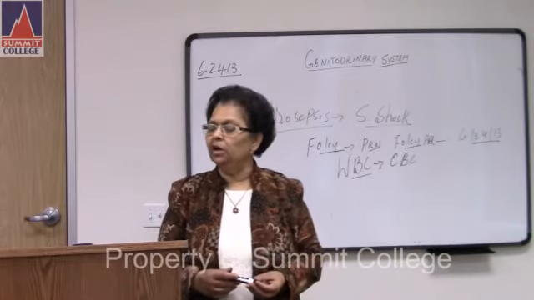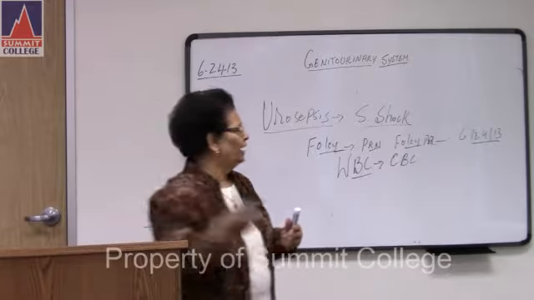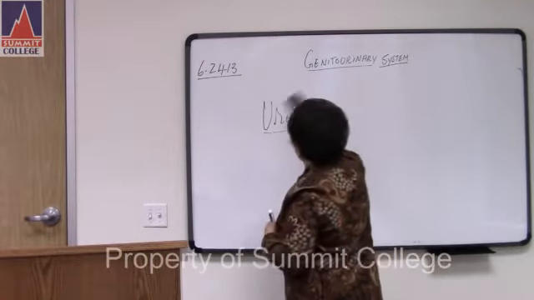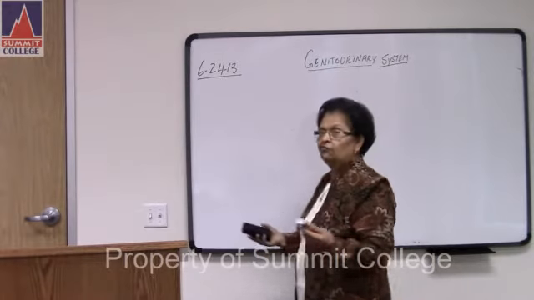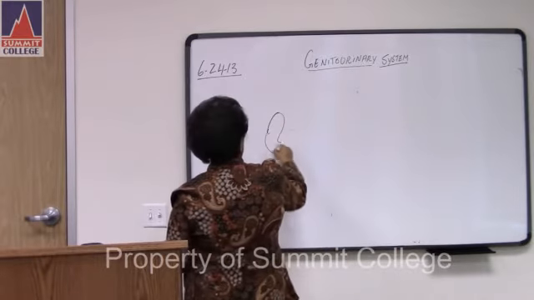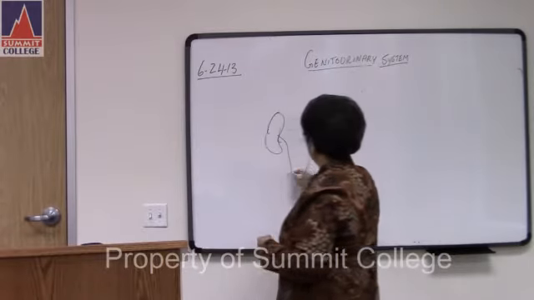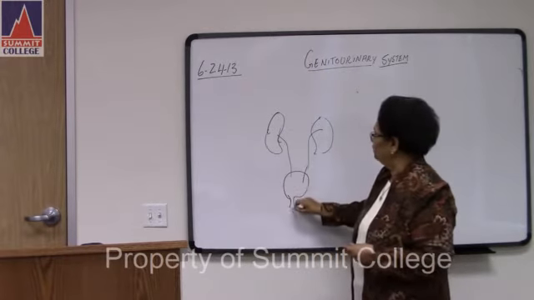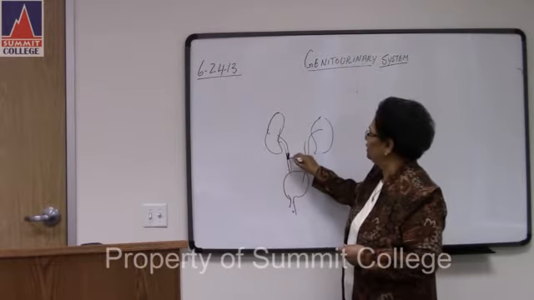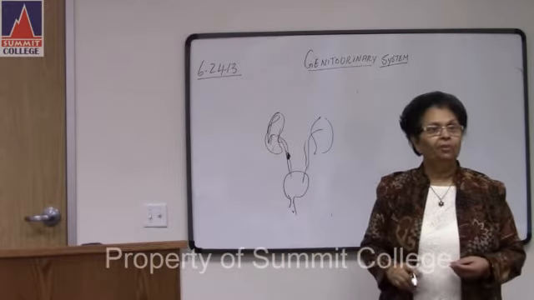And why? Because of obstruction. Now we remember how many kidneys we have. We have 2 kidneys. We have 2 ureters. So what happens if the urine is not draining? For some reason there is an obstruction. So if we have here 2 kidneys, and you have the ureter, and this is the bladder, what happened here? The urine is not flowing. Urine has a problem here. It is going back in the kidney, and the kidneys are filling up, backing up